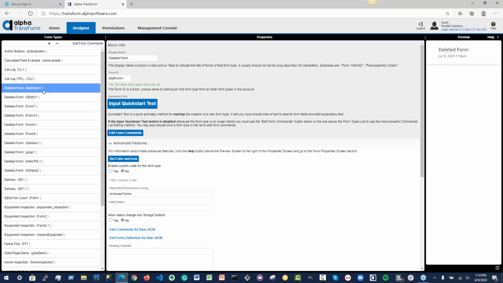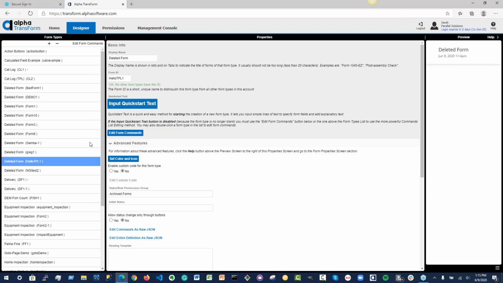Yeah, I did on these ones because unfortunately I had deleted them before I created my archived form approach, so I had to come back in here and figure out what they were, and I just gave them all the same name for these cases. But I think originally these ones were called like Gemba Walk and Welcome to TPL. Yeah. And I imagine it would be helpful anyway, if you are going to archive a form, to maybe change its name a little bit, the display name, and